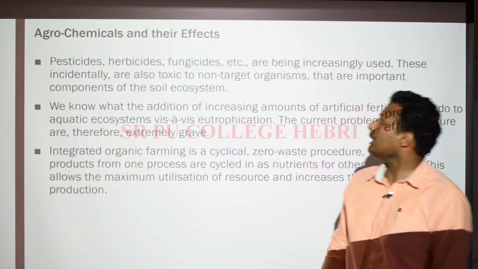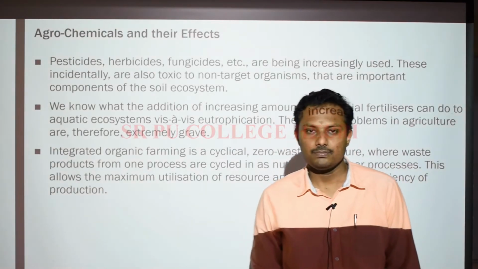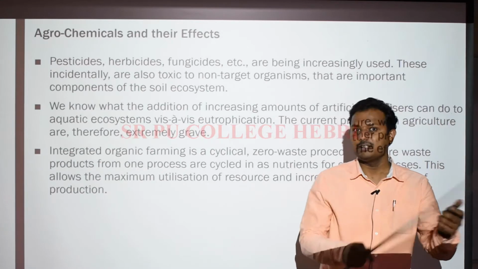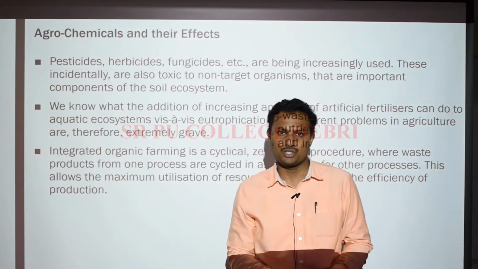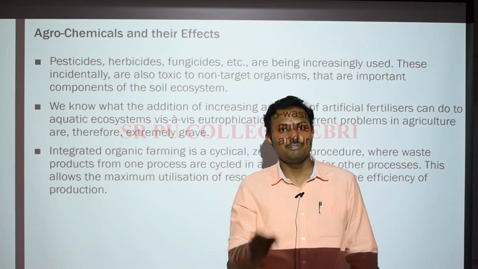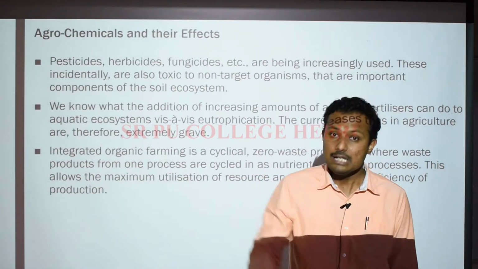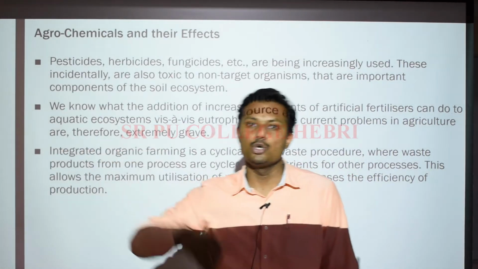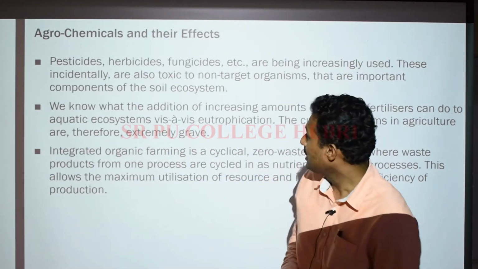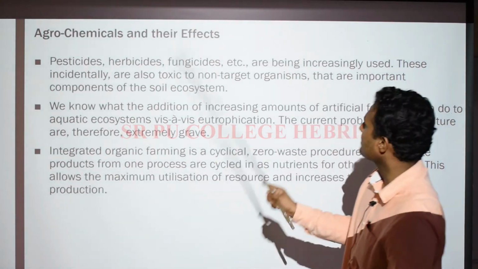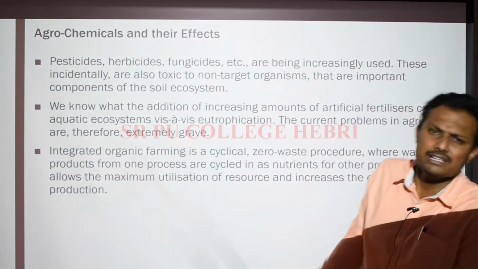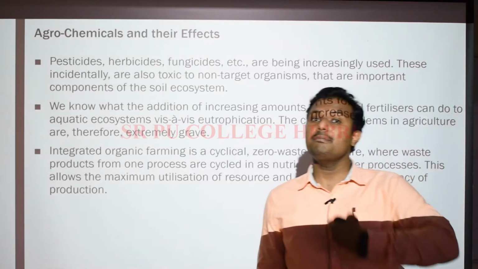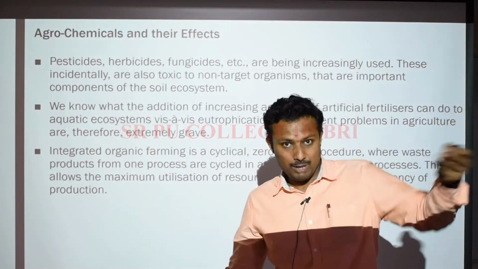Now, agrochemicals and their effects. This is also one of the serious problems, because we have already studied in water pollution about biomagnification. Whatever chemical fertilizers are used in agricultural fields can cause serious problems if they run off and join the water bodies, right? Now pesticides, herbicides, fungicides, etc. are being increasingly used, and these chemicals can be harmful and can be biomagnified from one